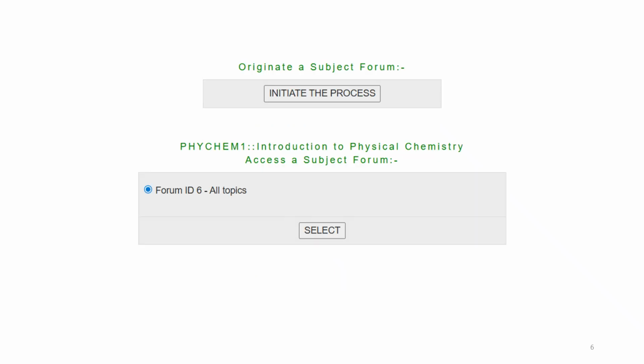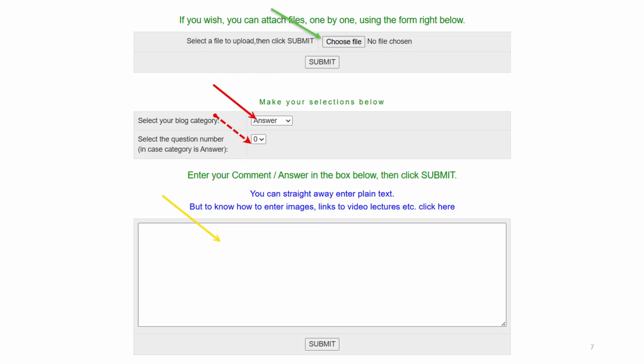In order for you to access the subject forum, you need to click Subject Forums in the faculty menu, whereupon you will see the forum ready to be selected, as shown on the slide in front of you. Therefore, click Select. You will now see the subject forum, only the lower part of which is shown on the